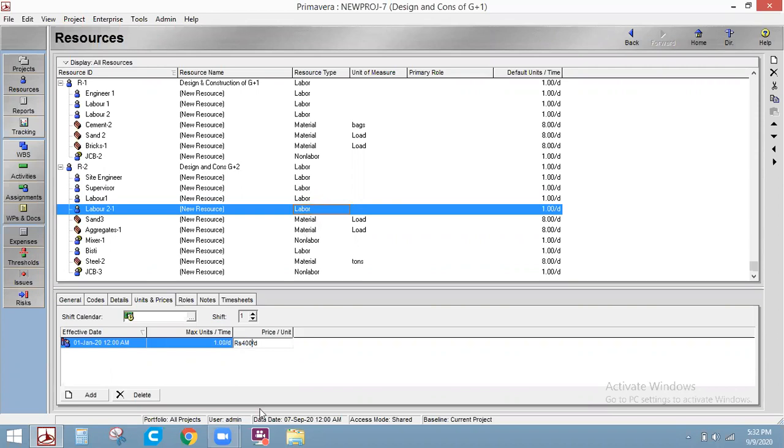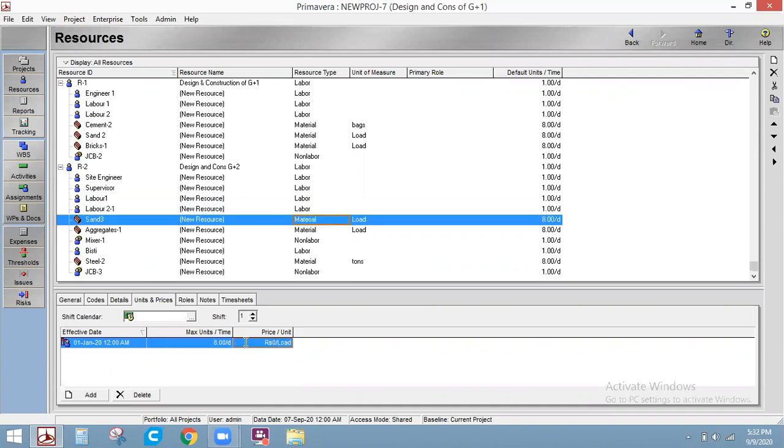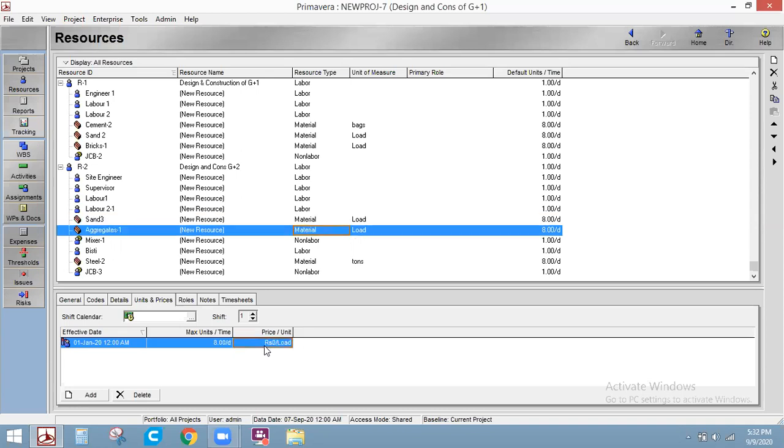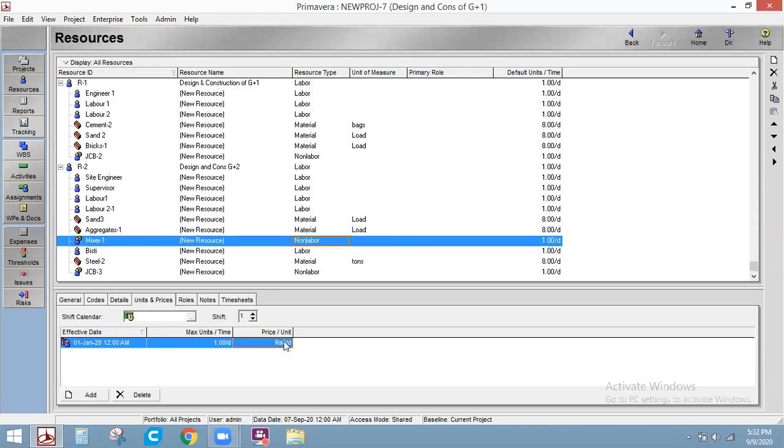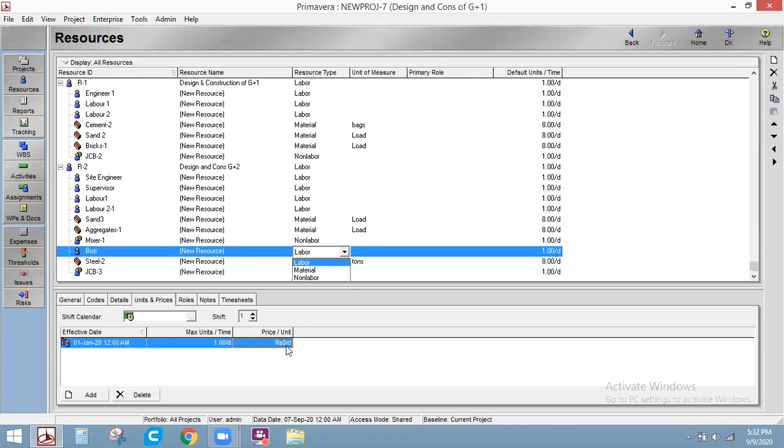Sand, we will consider M sand, that is 2300 rupees per load. Aggregate will go for 3000 rupees per load. Mixer will go for 2000 rupees per day. It's just an assumption what we are doing. Labor, the helper will go for 350 rupees per day.